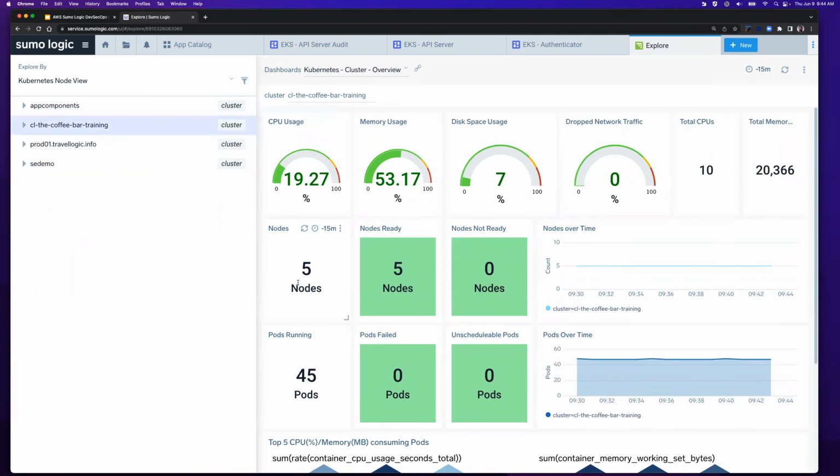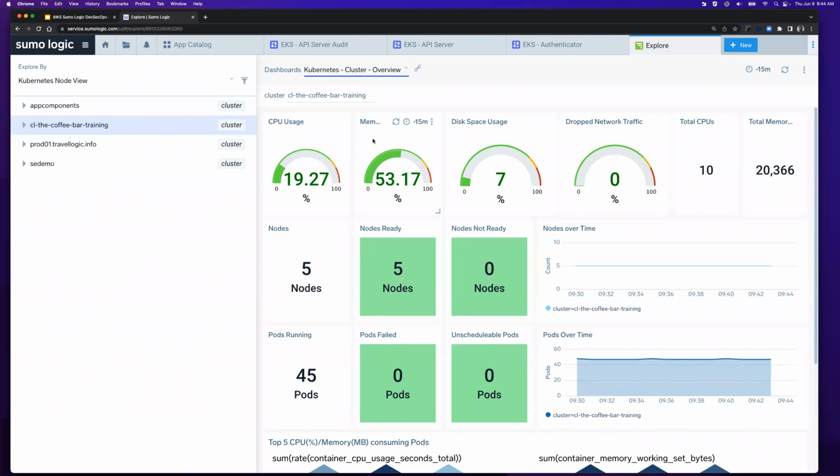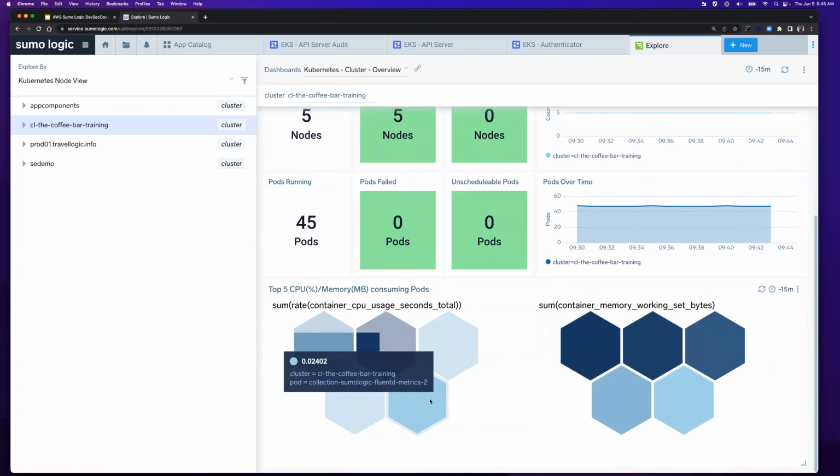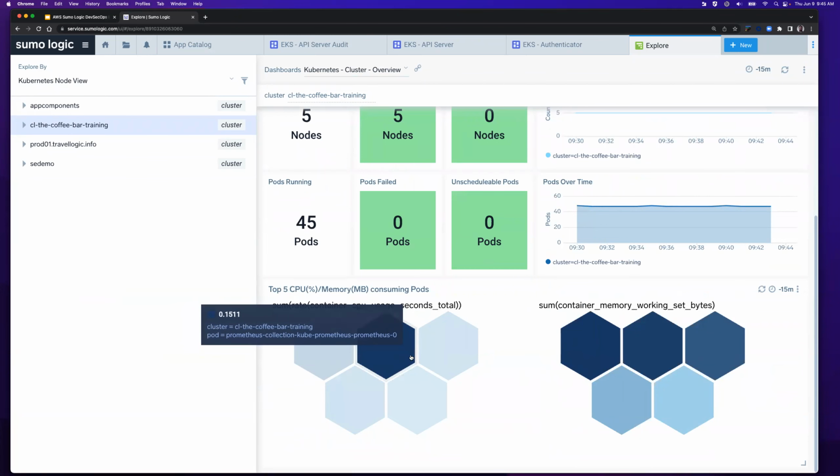And so what we're looking at here by default is the Kubernetes cluster overview. We also have many other options in here, and we're going to select the security overview in a moment. But before I do, just to show you the one that it defaults to. With this cluster overview, it's showing us our coffee bar app. We have a coffee bar app that we use for some examples. We start to see things like CPU, memory usage, disk space, etc. We start to see those honeycombs. The darker the color, the more utilization might be taking place.